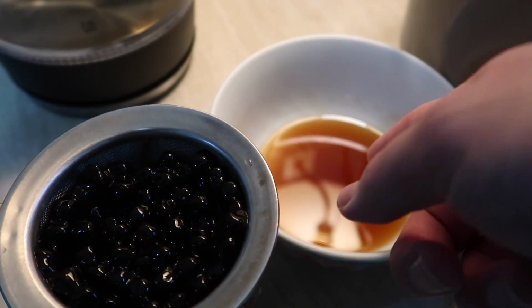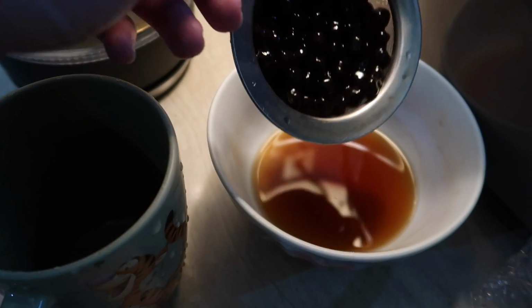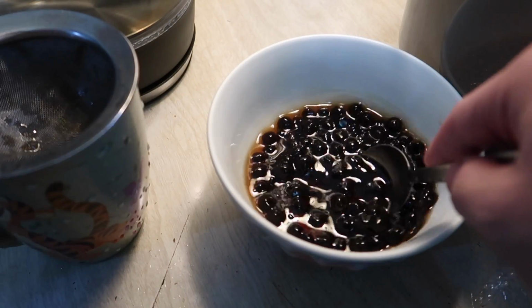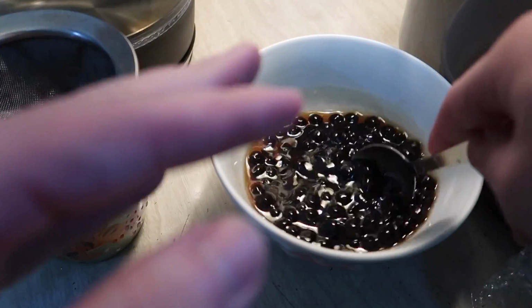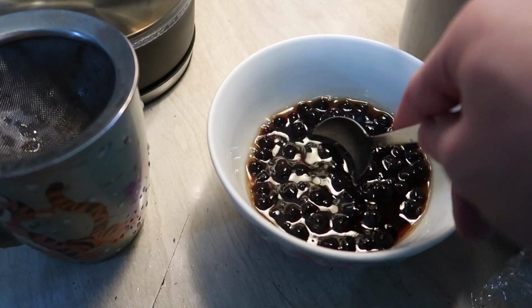We're gonna add it into our sugar and water mixture right here. So you guys can see the boba right here. We're gonna add it in. So if I use the regular one without the brown sugar, then you guys probably want to add some honey. But I use the brown sugar, that's why it looks so brown. So I most likely don't need to add the honey since they're going to be sweet with the brown